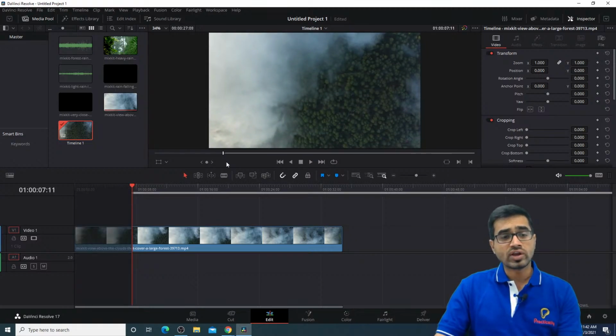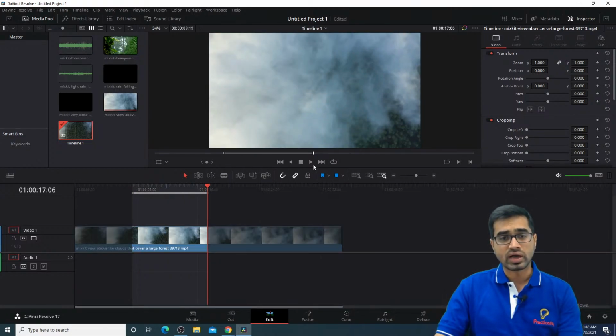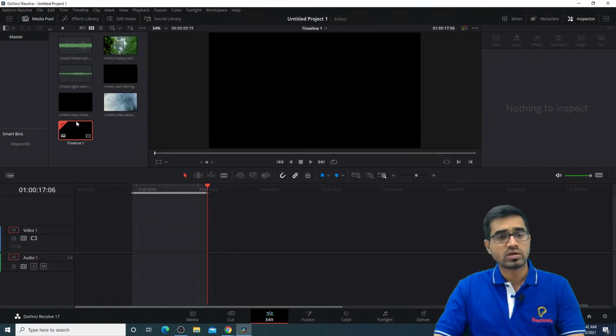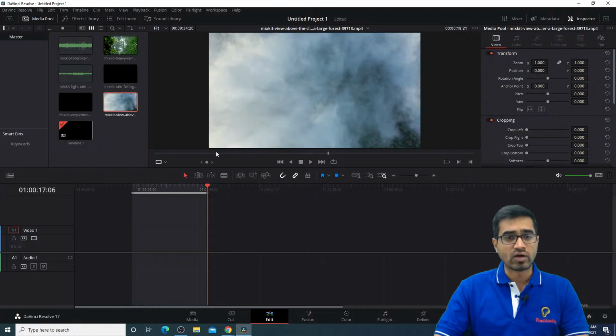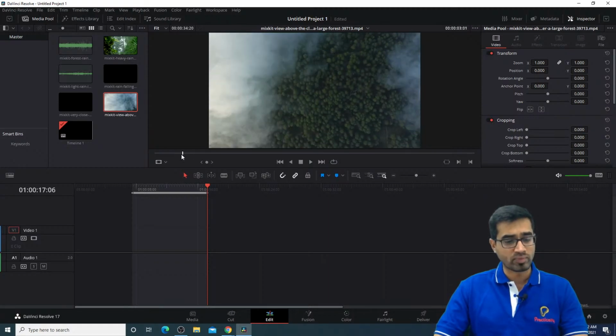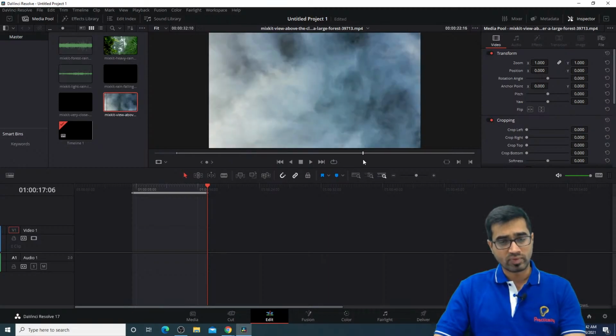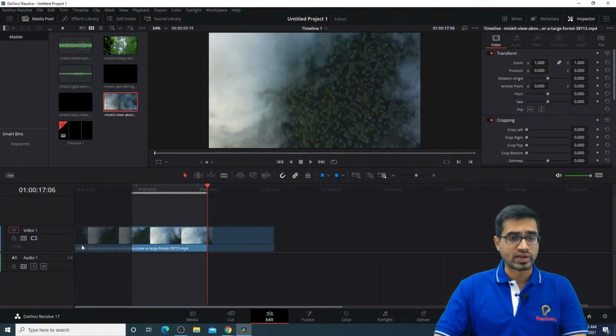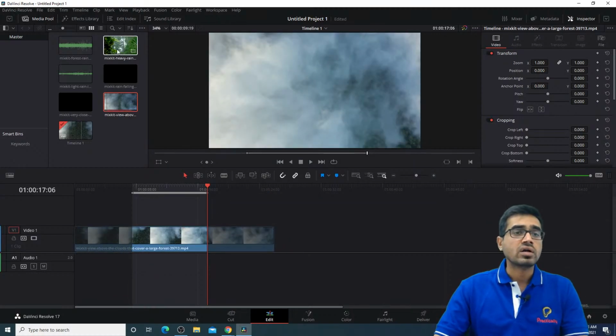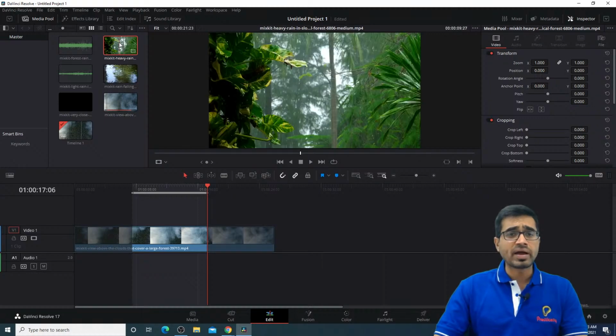So you can always select the in and out. I already taught you this, and you can use that one. So I can delete this clip. I can rather just use this clip from in and out. I can say I want to show it from here till here. Okay, fine. I can bring this clip only in the first stage. That is there. The second clip I want to show is